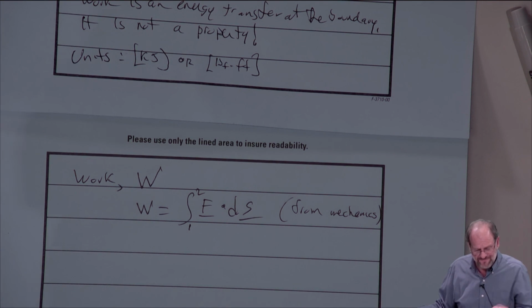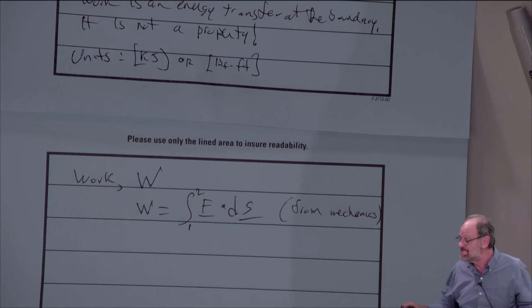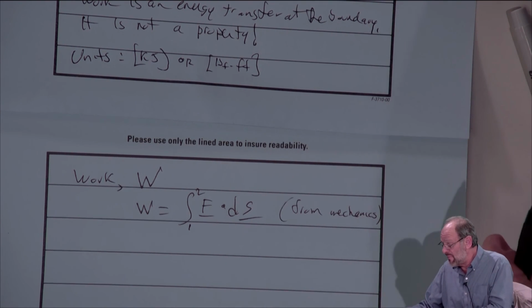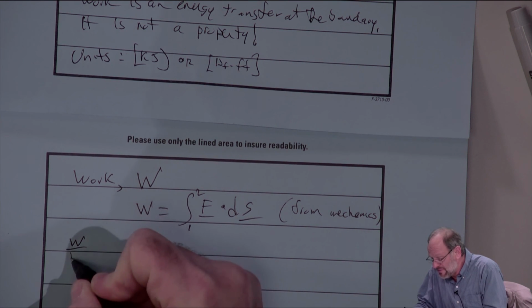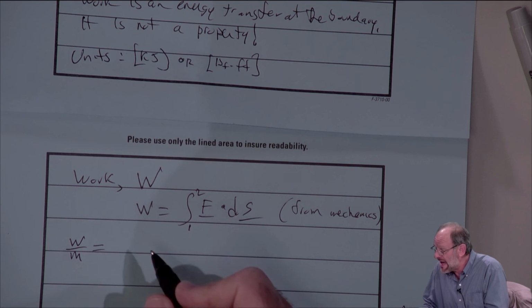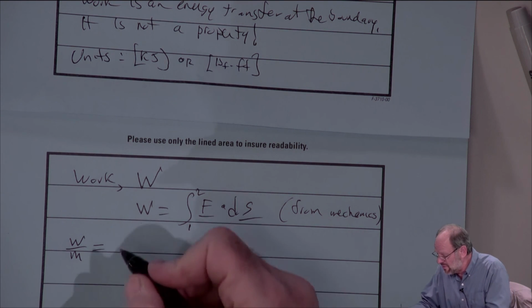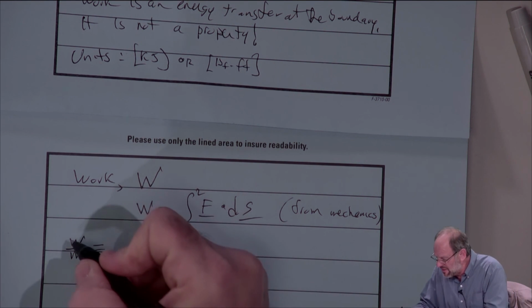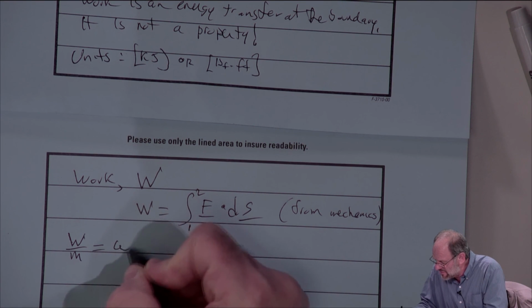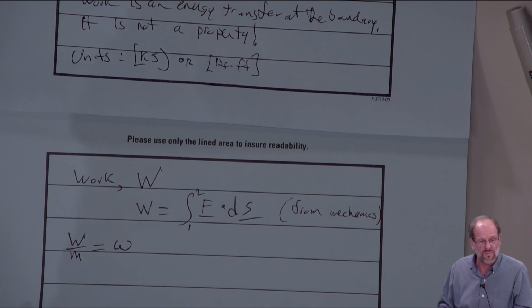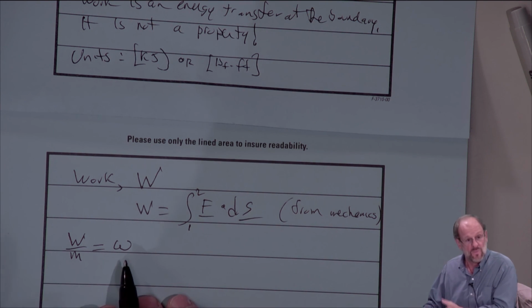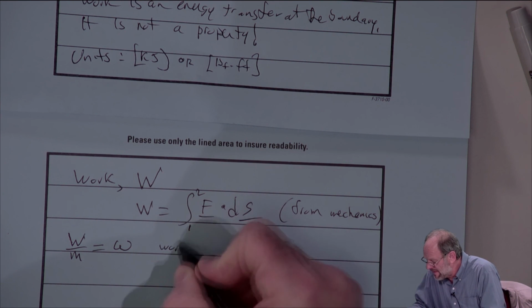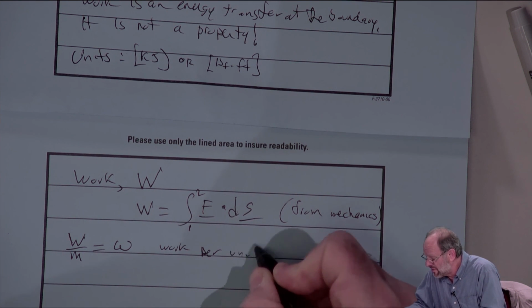Okay. So let's just continue. Again, like we saw for heat transfer, we can divide by mass. So if we look at the work and we divide it by the mass, then now this is going to be a lowercase w. So again, I have to make some distinction between my capital and my lowercase w's. My lowercase w's are actually going to look more like the Greek letter omega. They'll have a rounded bottom like that. But that's not an omega. That's actually work per unit mass. So this is work per unit mass.